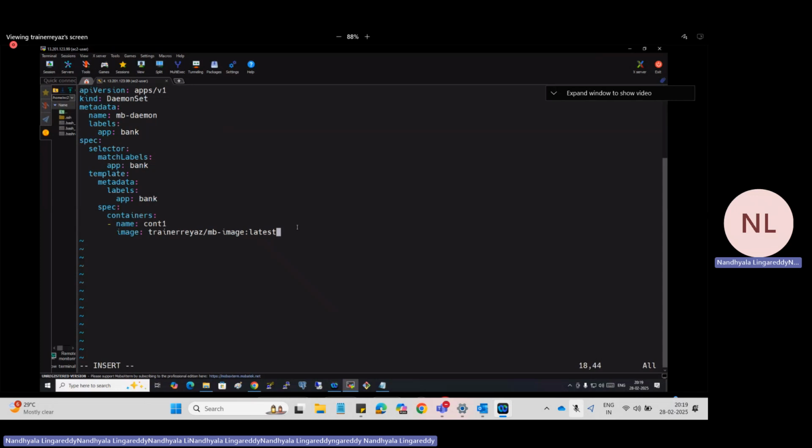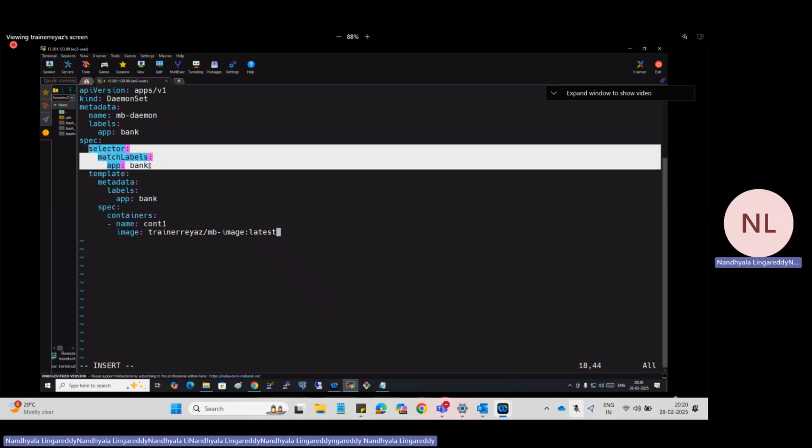See this once. Same thing we are using. It's best practice, not mandatory, that we are using the selector here, right?